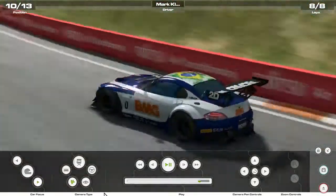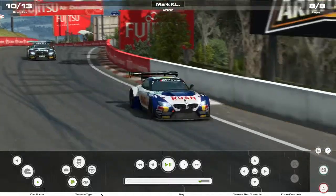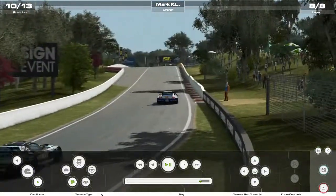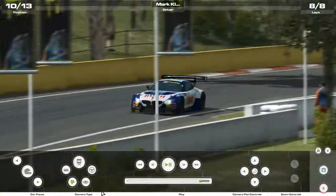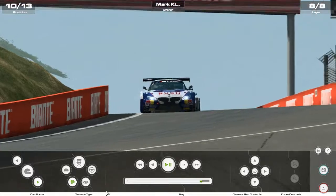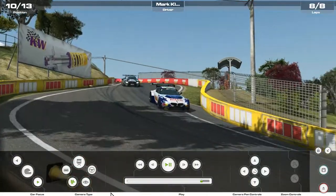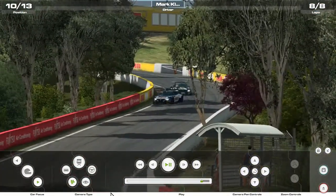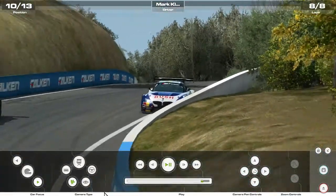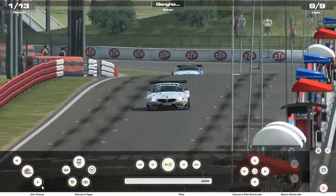But this one certainly is not. Dean Reimers, at his home race, does not want to leave without any points. And he is putting the screws to Mark Klapzul to try and get that done. Klapzul gets a little bit wide there. Oh, and that's not good. It's going to promote Dean Reimers into the last points paying position. Really aggressive move from Mark Klapzul. Doesn't have quite enough in it, though. In the meantime, Genghiz Khan